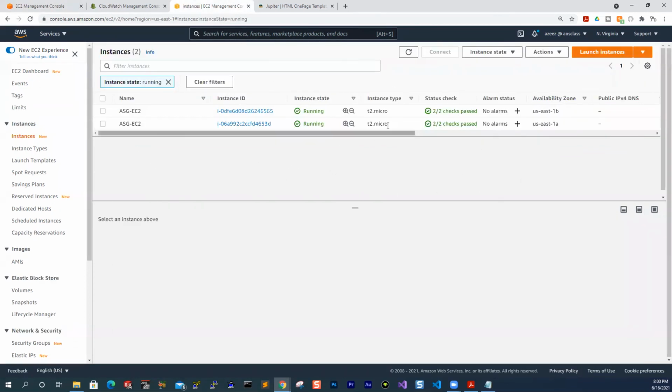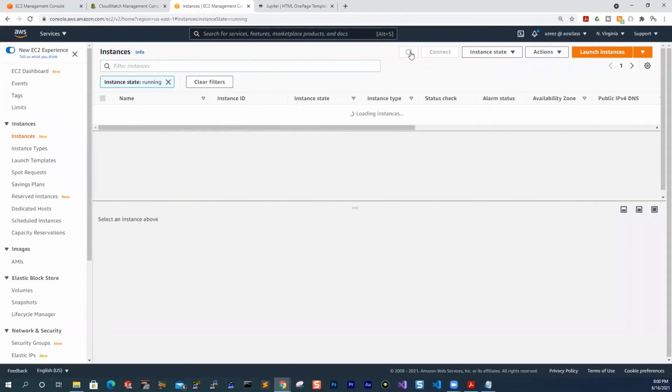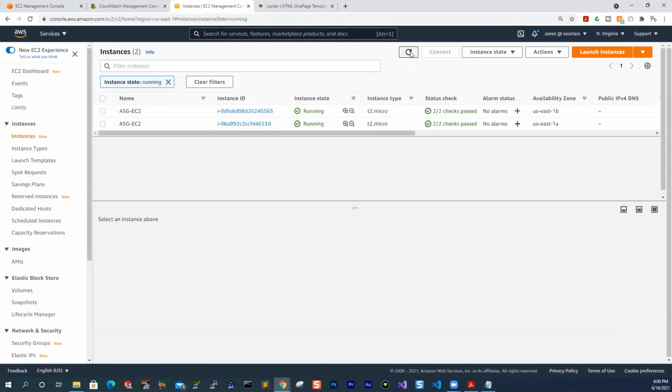Once that is done, the auto scaling group would remove this EC2 instance. So that draining part is what is taking long now. But eventually,